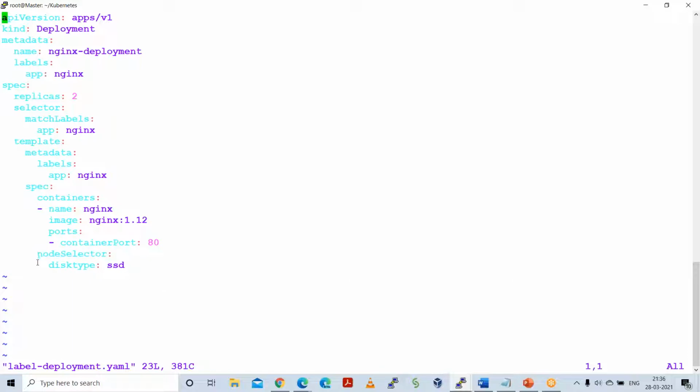Node selector is the property of the pod, not the container. Here it is written disk type is equal to SSD. That is the label we have used, right? Already, it is the definition here, so I am keeping it as it is,